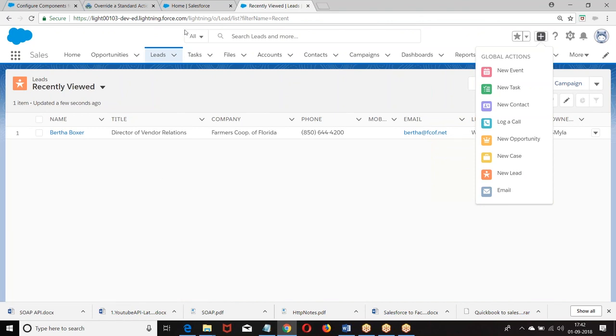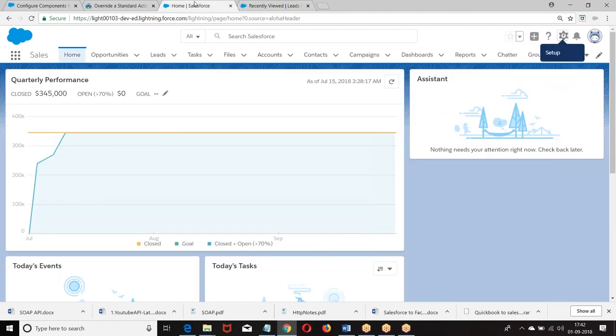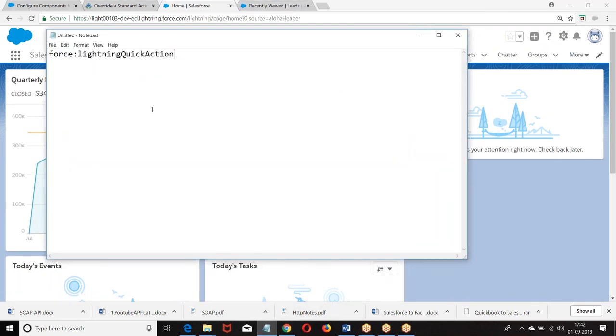If you want to create a global action, first we need to understand two elements. The first element is an interface called force:lightningQuickAction.